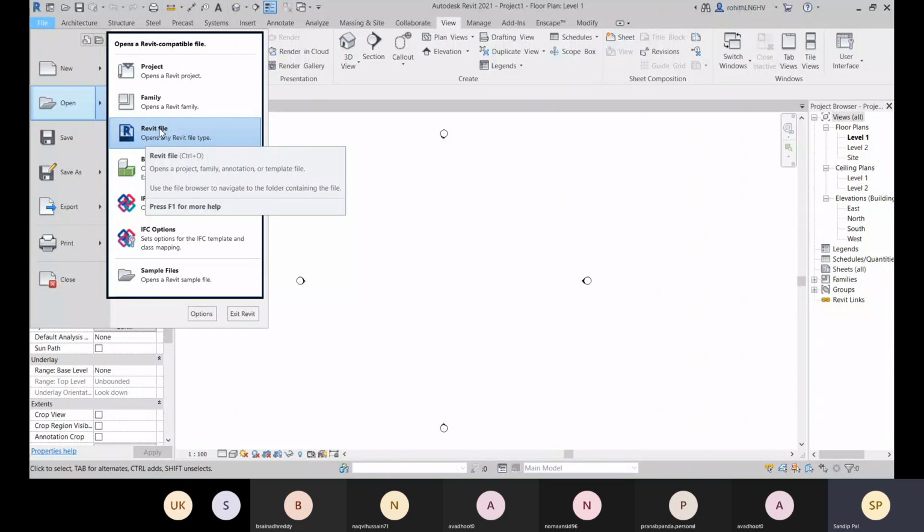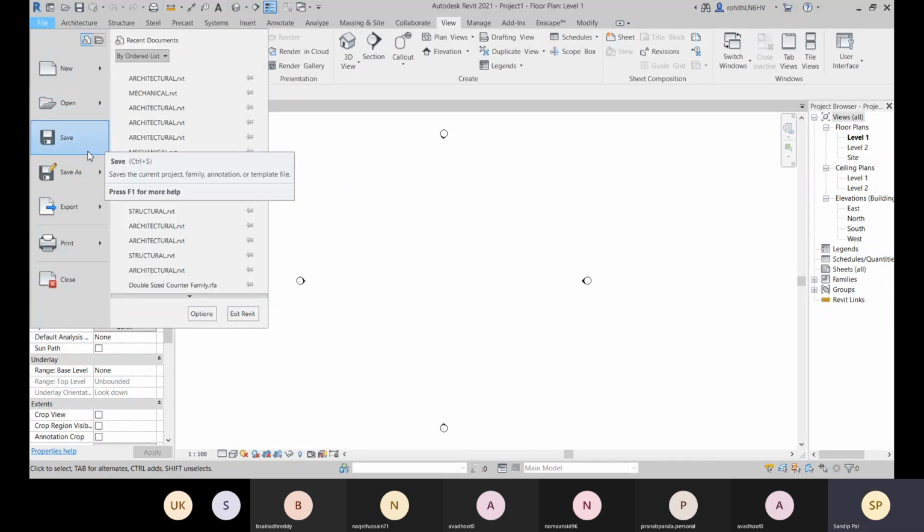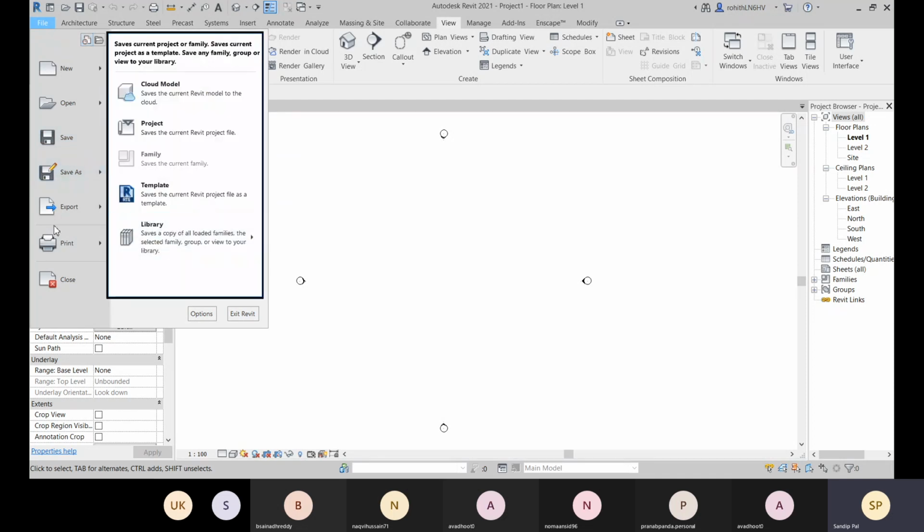And you can also import with this Open option. And we have this Save As, and with the help of Save As, you can save it as a template file also. Suppose you selected a project at the initial stage, but later you decide to save it as a template also. You can do that with Save As template. Okay,